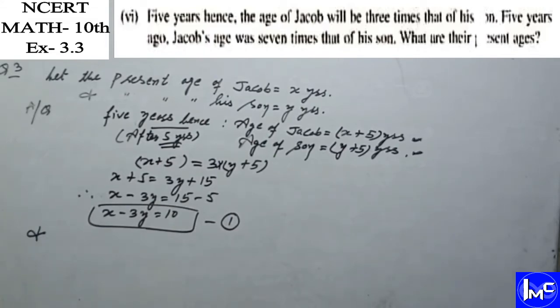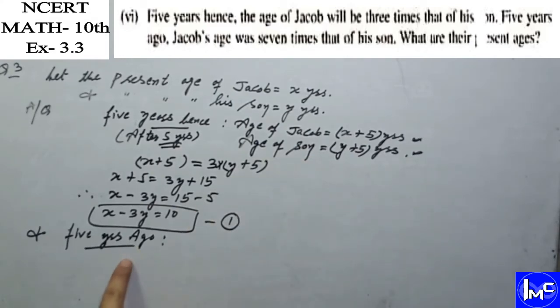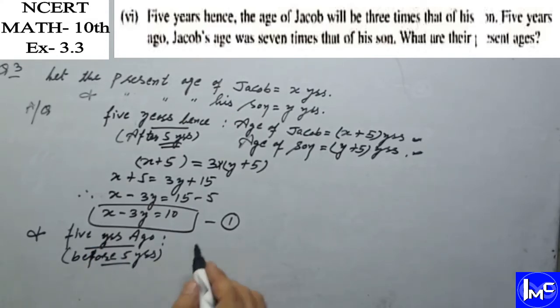And second condition is 5 years ago. Now we will take the ages of Jacob and his son before 5 years, and they can also write it as before 5 years, and at that time the age of